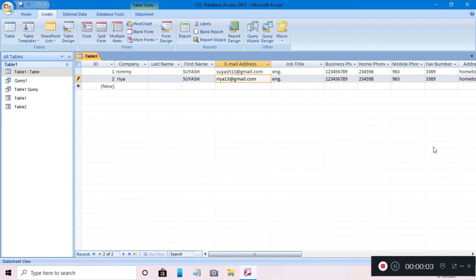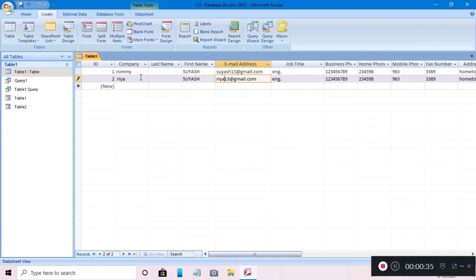Now we will see about report. This is one of the easiest ways to create a report, as it creates the report using the entire data from the selected source with default options. As you can see here, I have already created data of two individual persons. Now I want to create a report of these persons. So how will we create it?